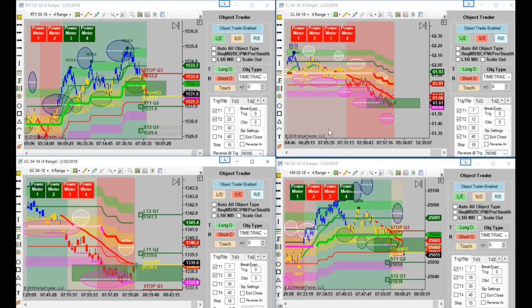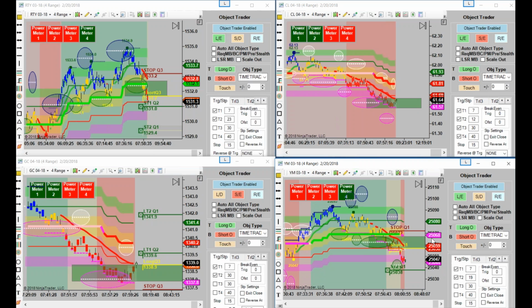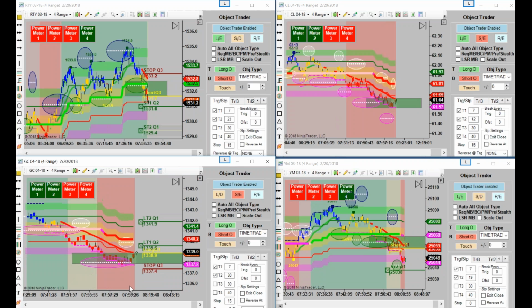Now notice that I have it set to reverse also. So for instance, I don't know if anybody was watching Russell earlier today, but it actually reversed. I even called the trade in the room this morning. Okay, there's a nice little trade so far. Oh, and we forgot to set our break even. You really want to set your break even also, because once you're in a trade with some decent coin, you don't have to give it back. You can set it a little higher if you want, like break even, something like that.